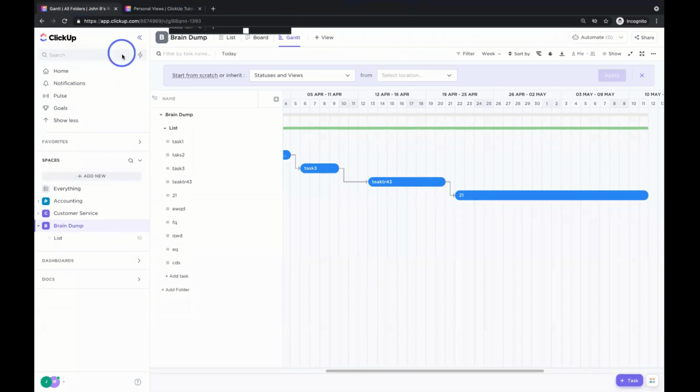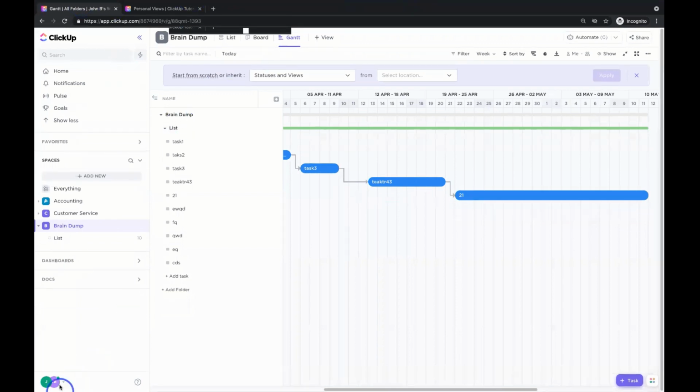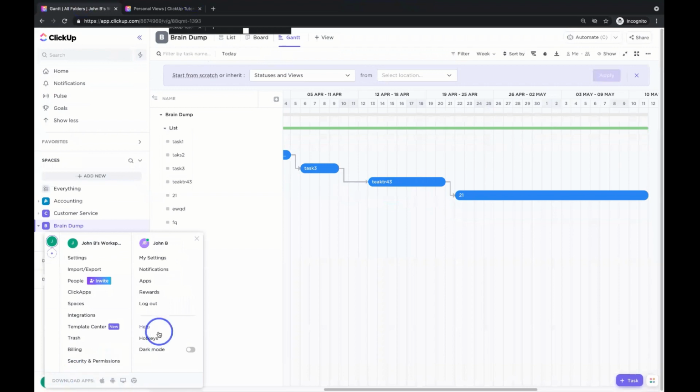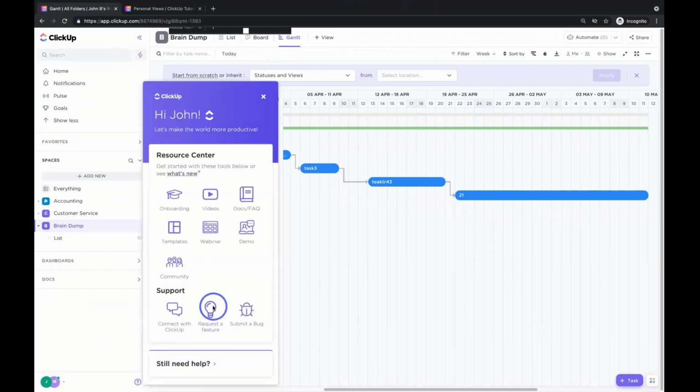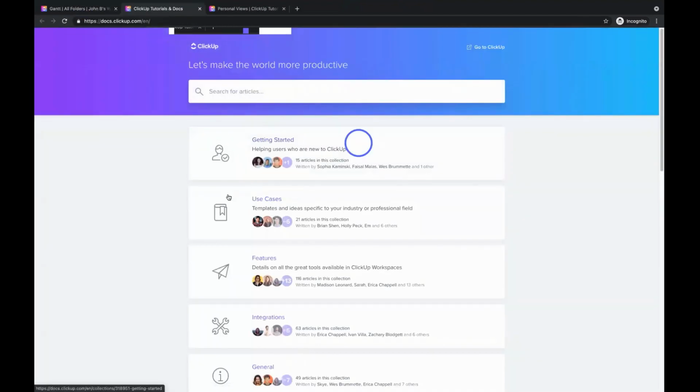No? Okay. Well, then let's go into the big finish, which is down here at the bottom left, where we've got an area called Help. When we click that Help option, we have a myriad of different options available to you to help yourself. First is the Docs and FAQs. See Docs and FAQs here? This is your self-service option. When you select the self-service option, you can come here and search for your answers right here.